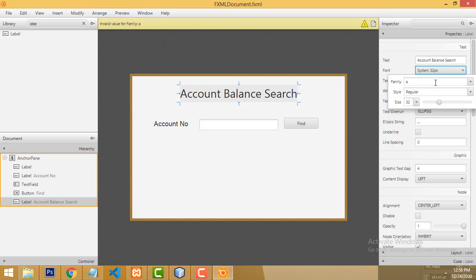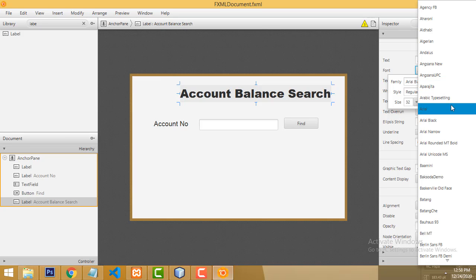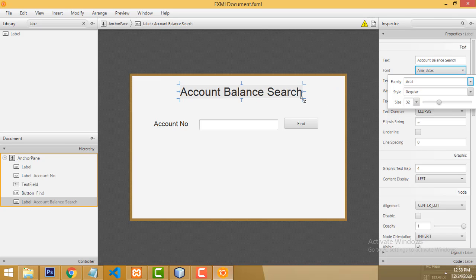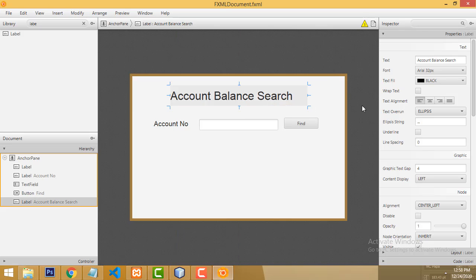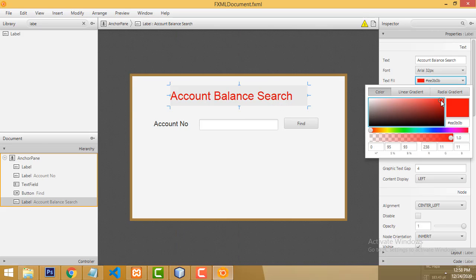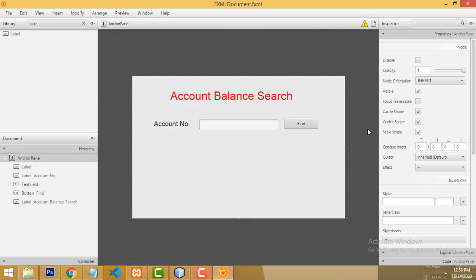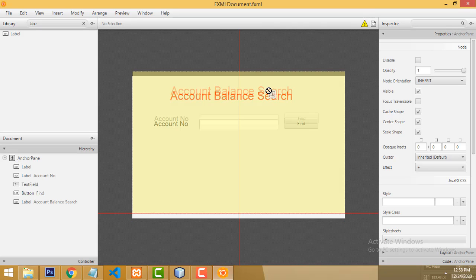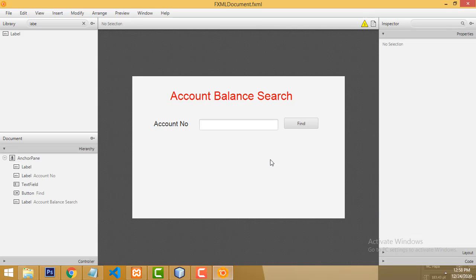Right. So here this one should be for our teaching purpose, so if I waste more time, it is so boring, so I have to do it fast, right? So you take some time and do it, you can get an attractive user interface. Okay, right. Account balance search. Okay, now you can see here it's an attractive user interface, right?